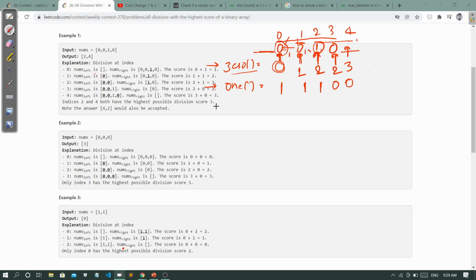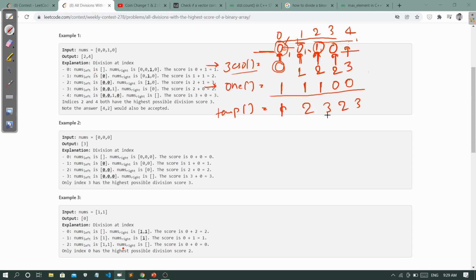So now what I did is take a temp array that contains the sum of the zeros and ones in both parts, left and right. If I take the sum, it gives 1, 2, 3, 2 and 3. We take the sum of zeros and ones in this section.